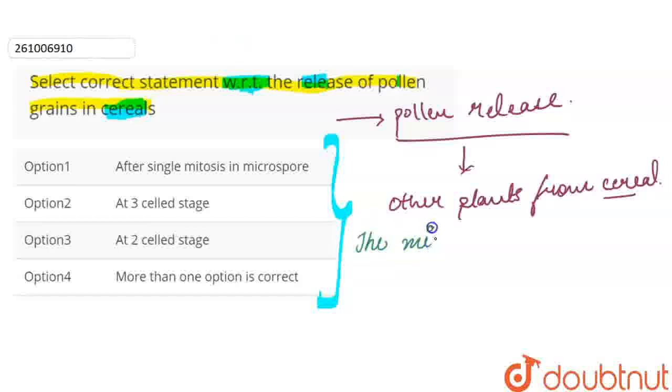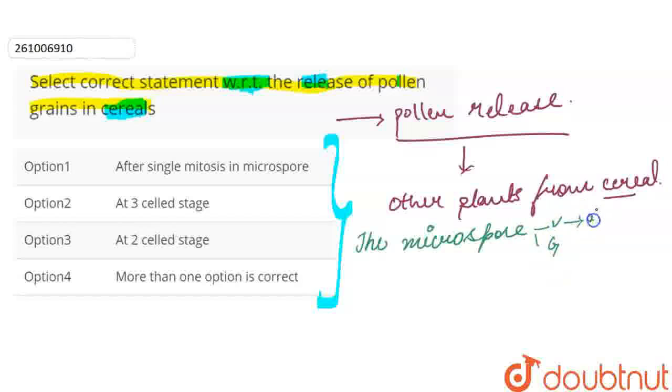The microspore has two cells, vegetative and generative cell. The vegetative cell has abundant reserve food